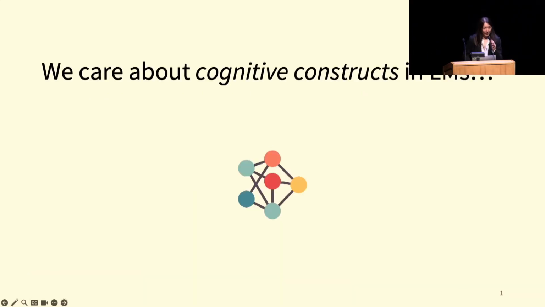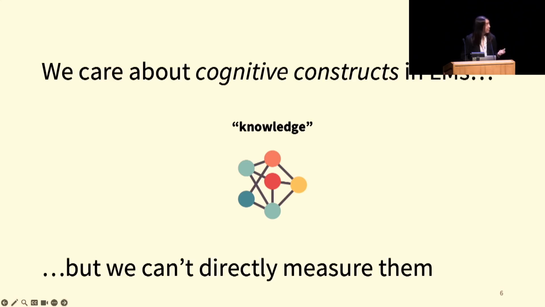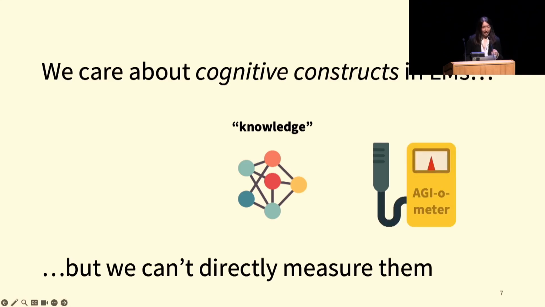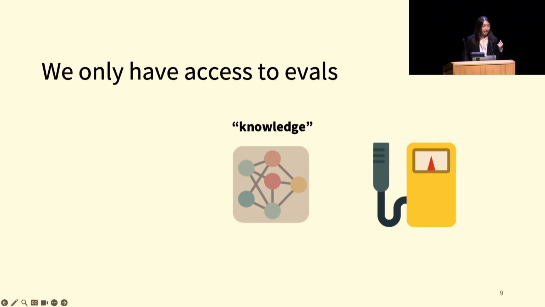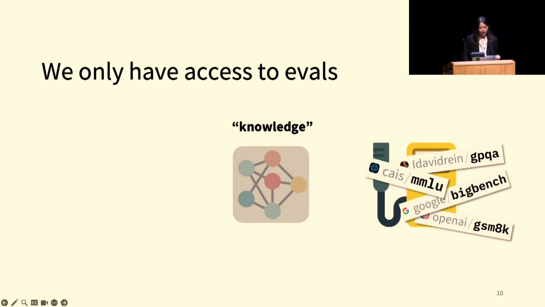So as language models become more and more impressive, there's been a growing movement to understand their cognitive constructs, like their grammatical generalizations, their reasoning abilities, or theory of mind, or other forms of knowledge that we think are important ingredients of intelligence. The problem is that we can't directly measure knowledge. We can't just take out our trusty AGI-O meter, point it at a model, and get a direct reading of intelligence levels. Instead, all we have access to are evaluations, like benchmarks that claim to be diagnostic of models' abilities,